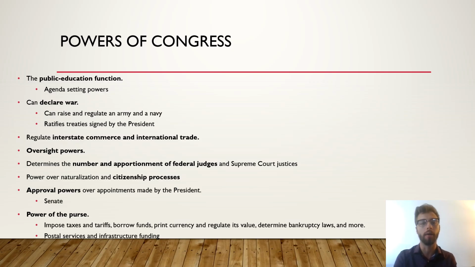Now, another power of Congress is the power to regulate interstate commerce and international trade. Interstate commerce is the trade between states. So we see that it's up to the state legislatures to determine what is legal and sold within their state. The prime example is cannabis legislation. We see in Montana, Washington, and some other states, I don't know all of the states, but